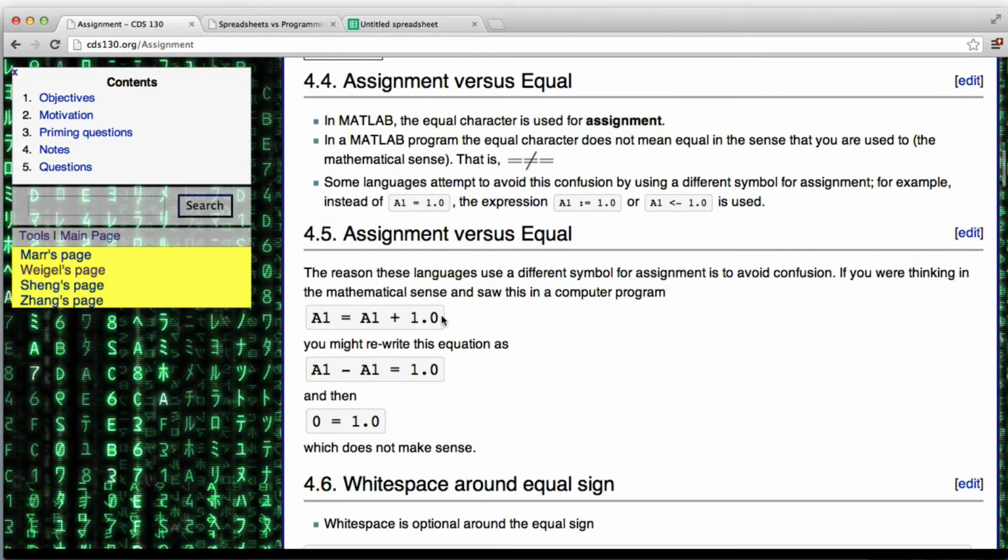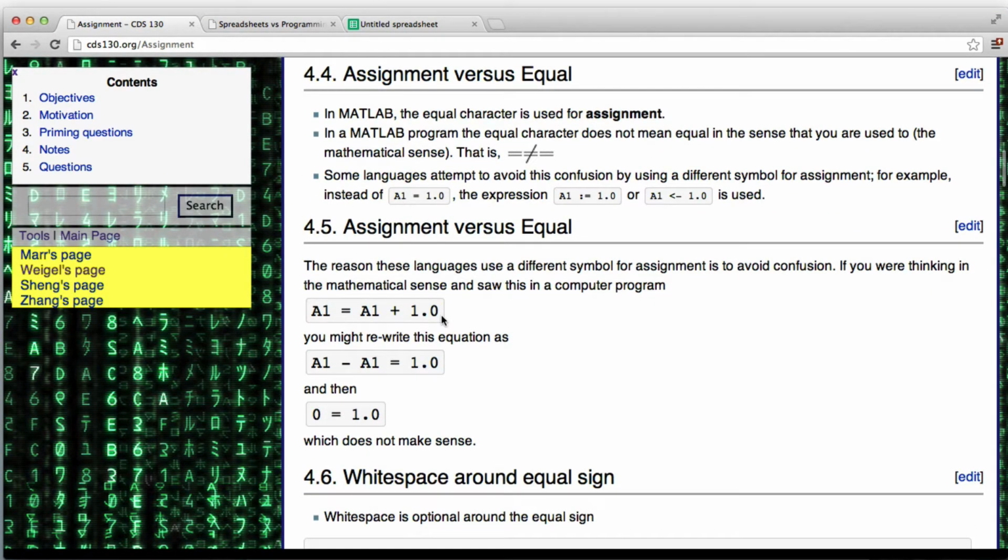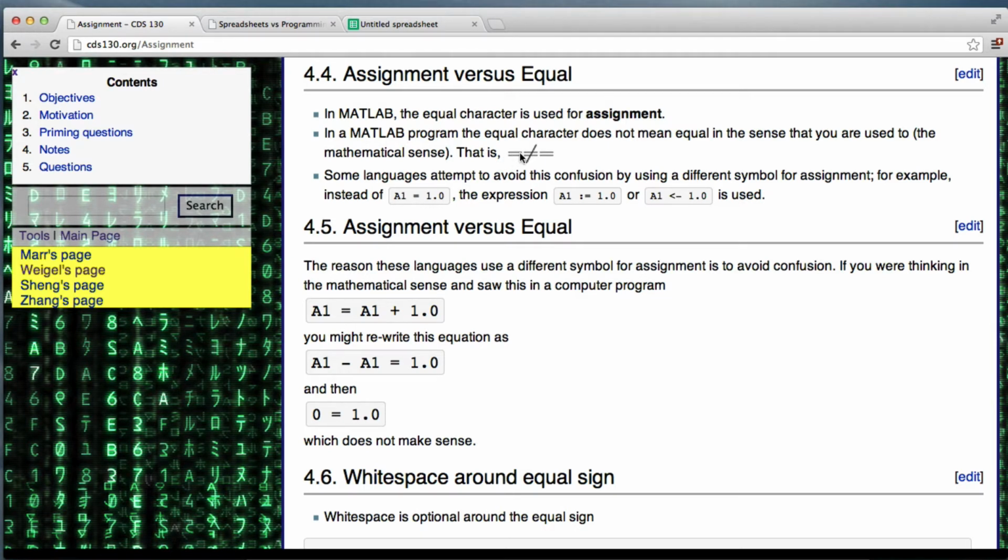Okay, so now going back to the assignment versus the equal sign. In MATLAB, the equal character, what we know as the equal character, is used for assignment. And so, as a joke here, we have the assignment sign does not equal the equal sign. And you can see why some languages don't use the equal sign for assignment, because it's confusing. They'll use a symbol like a colon equals, or an arrow. I think this is the most clear